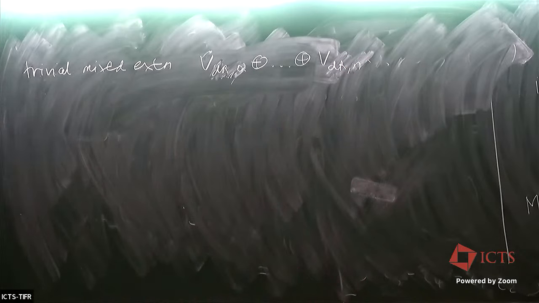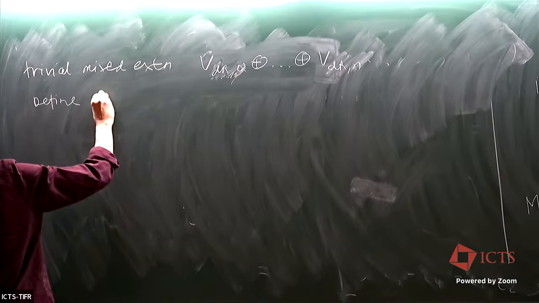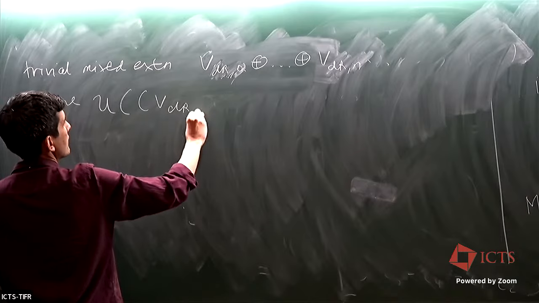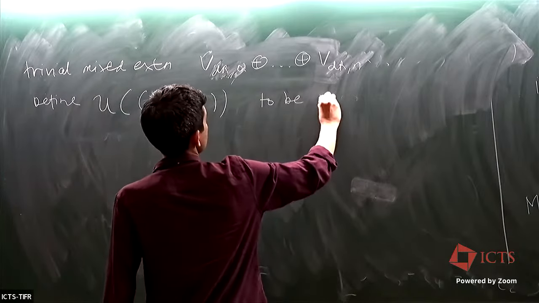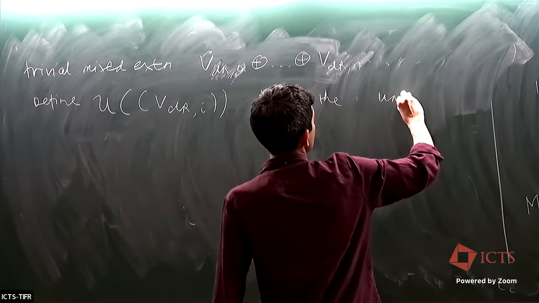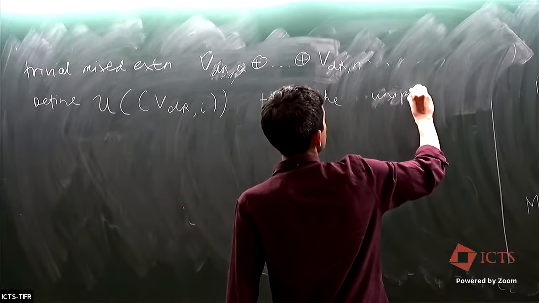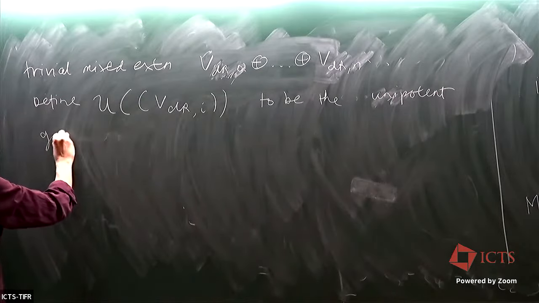Trivial mixed extension with those graded pieces, and then I'm going to define a group, V dR I, to be the unipotent group